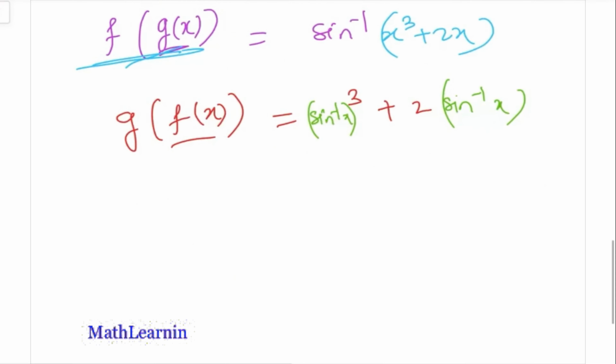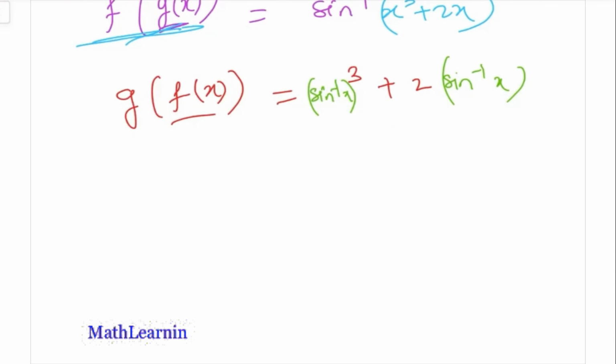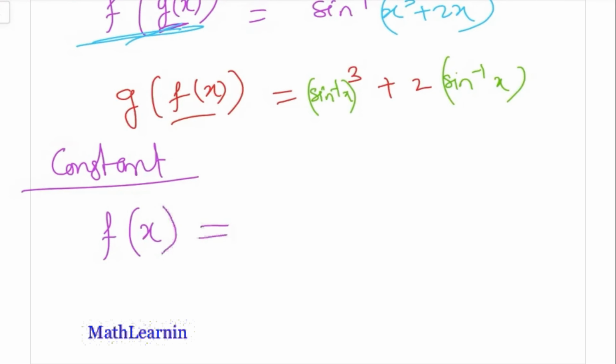Now next we are going to see some types of functions. There is a very special type of function that's called a constant function. Every variable is mapped to only a single point, like say f of x is equal to 2, f of x is equal to some number 4. So every point of the function is mapped to a single point. That's called a constant function.